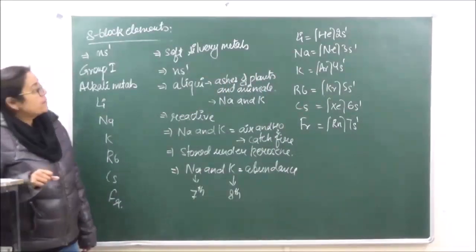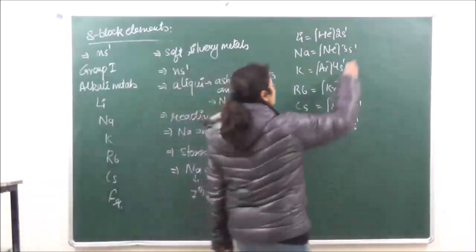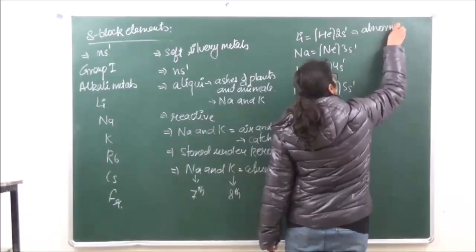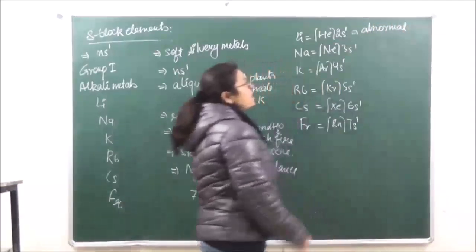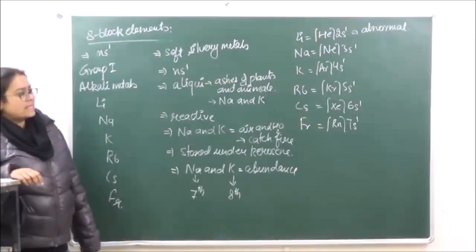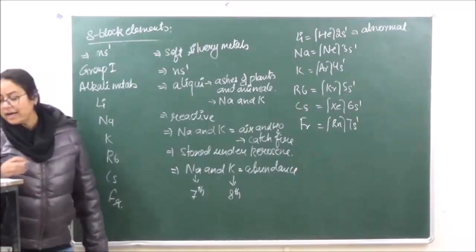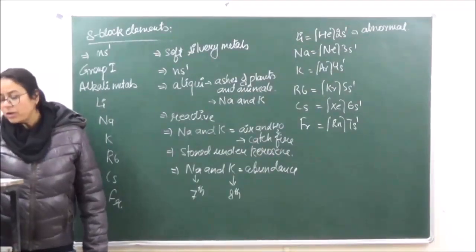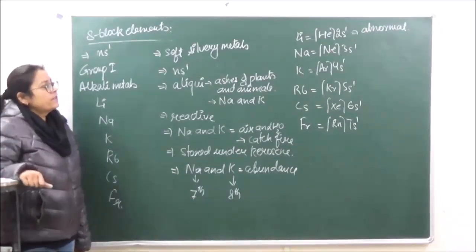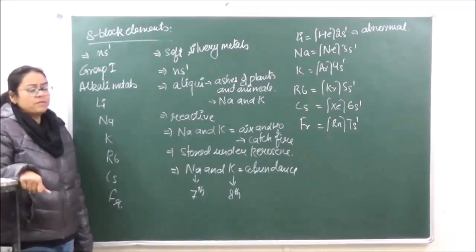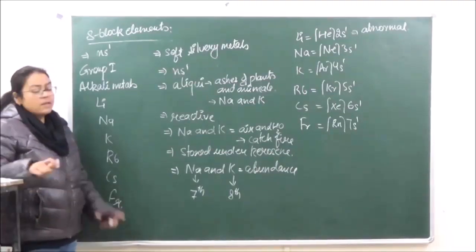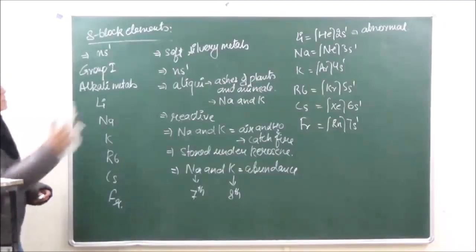Now over here it will be seen that lithium is going to show certain abnormal properties compared to the rest of the elements. The reason behind this is that it has a very, very small size and quite a high ionization energy. So because of its electronic configuration, it is going to show different behavior than the rest, which we will definitely study when we progress through the chapter. So let's go on to our first topic, which is physical properties.